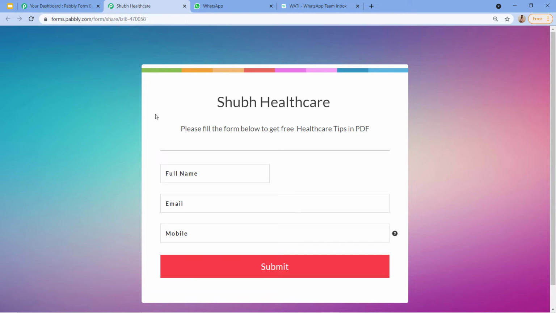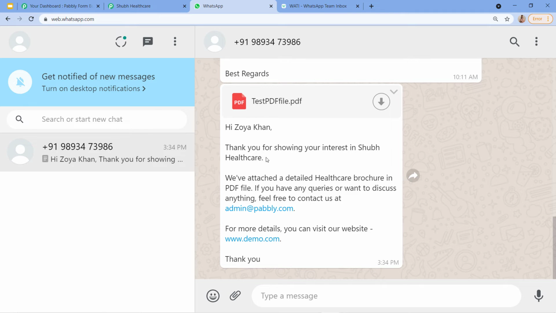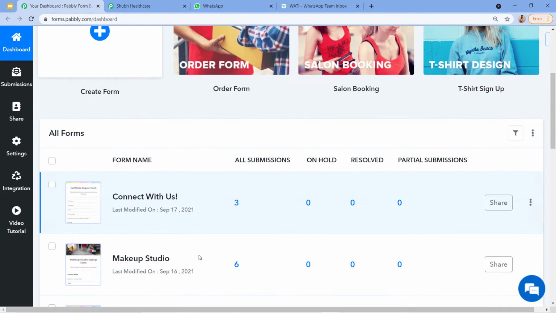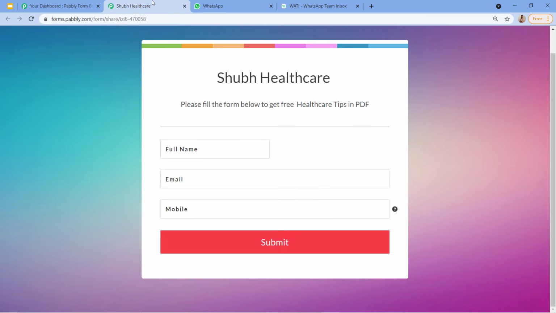Now here you must be thinking, how did I manage to perform this task, that every time a user is submitting the form, the message to him or her is sent instantly on WhatsApp. So let me tell you that I created this automation between Pabbly Form Builder and WhatsApp by following 3 very easy steps. Let me show you what those steps are so you can also follow the same and